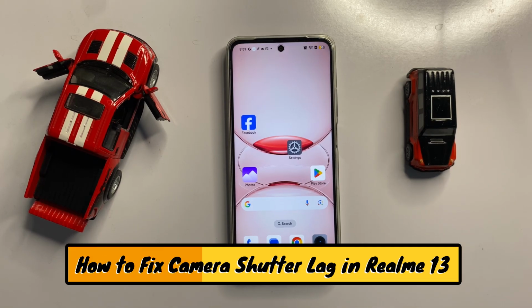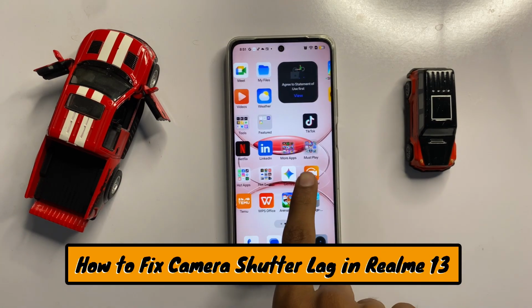How to fix camera shutter lag in Realme 13. So let's start the video. First of all,